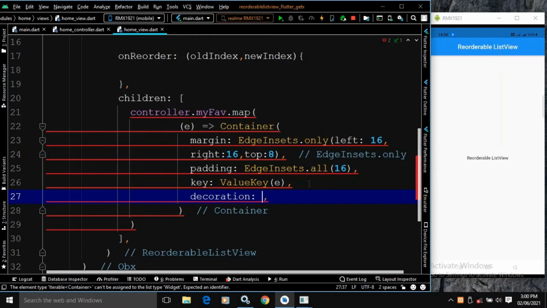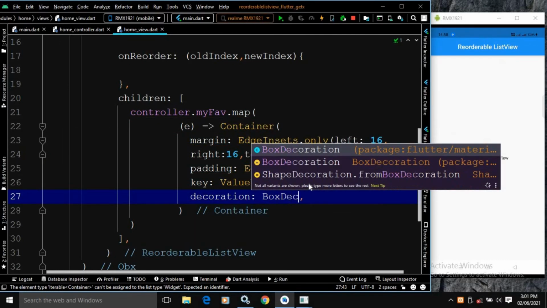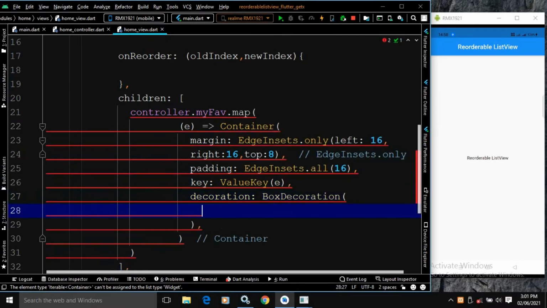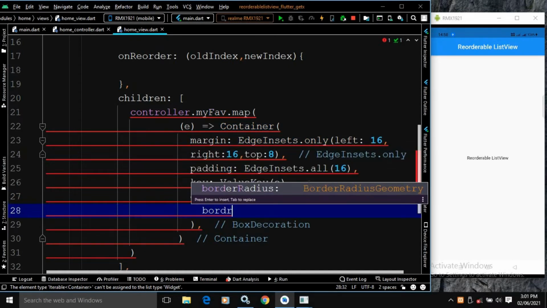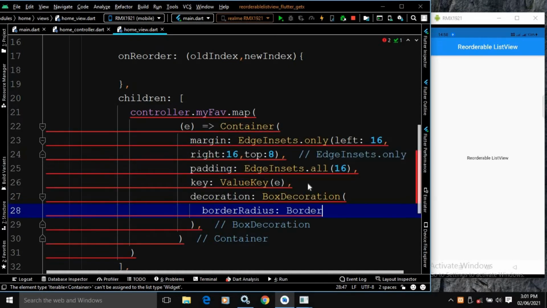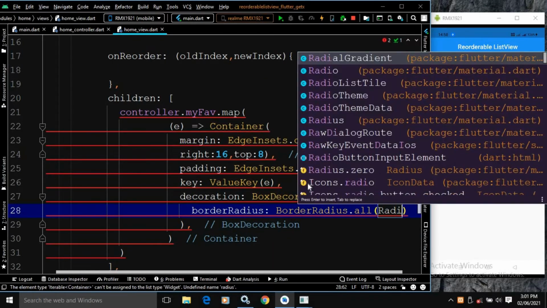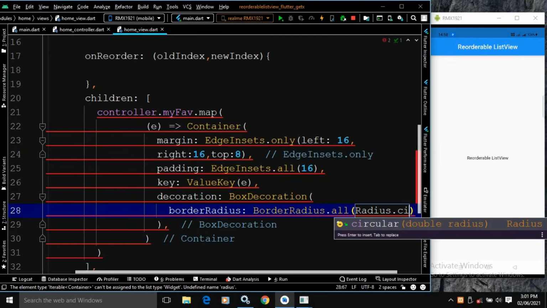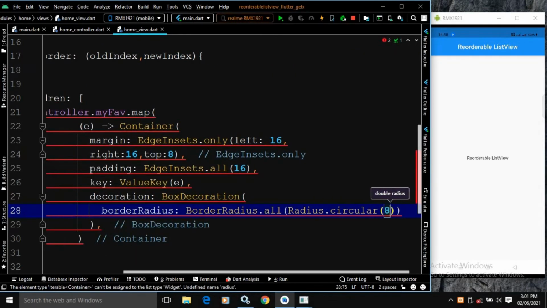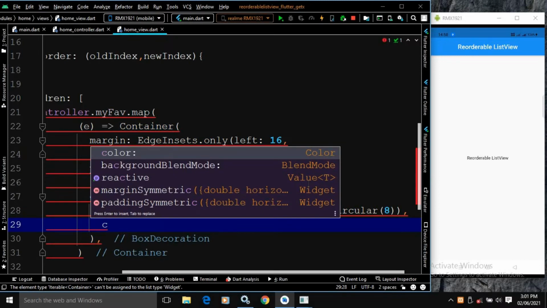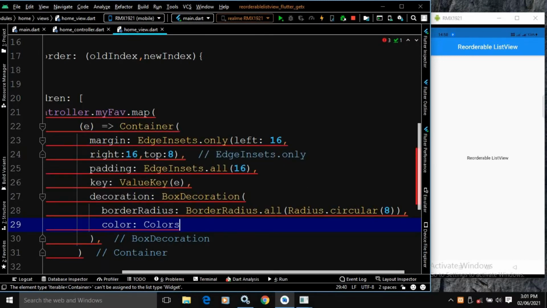In the decoration, I will use BoxDecoration. Now in the BoxDecoration, I will use borderRadius, BorderRadius.all, and here I will write Radius.circular, and I will specify the radius as 8. And after that I will specify the color here, and the color will be Colors.lightBlue, and let me put a comma here.